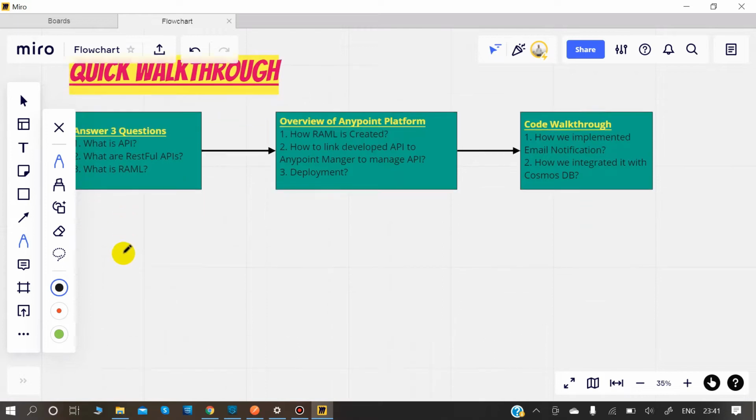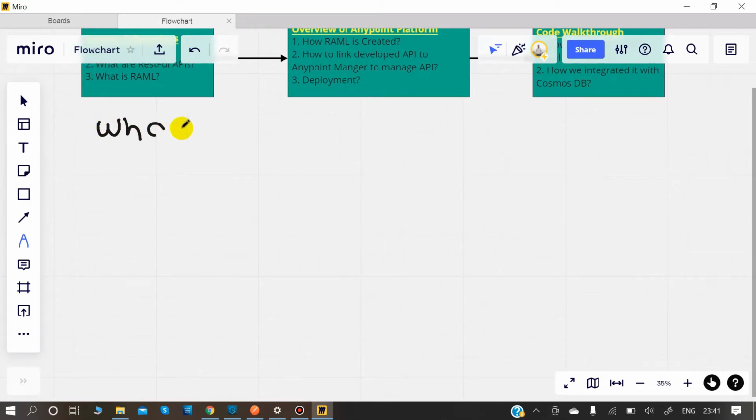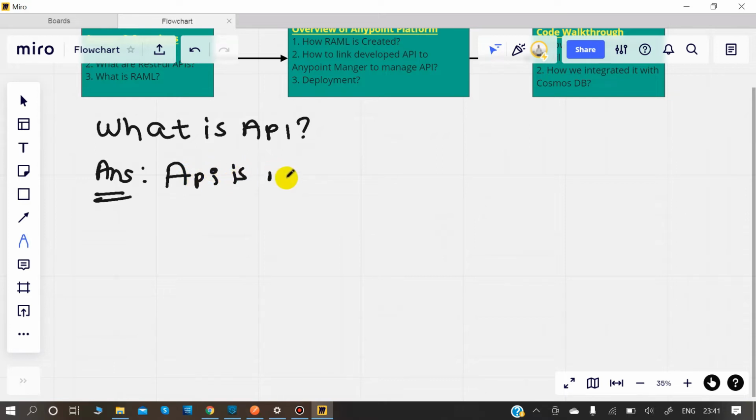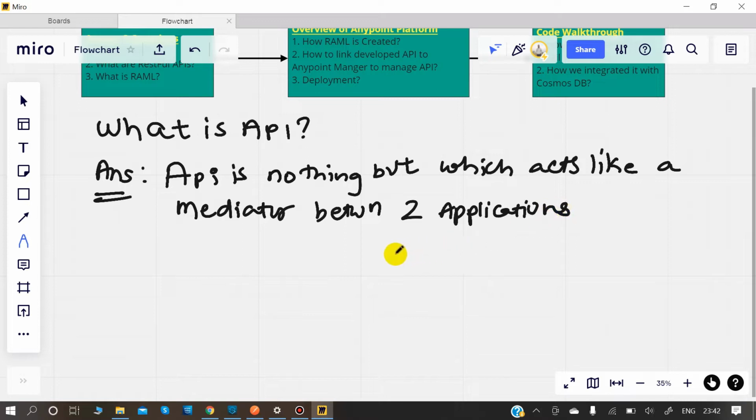API is nothing but something which acts like a mediator between two applications, meaning it would try to transfer data from one place to another.